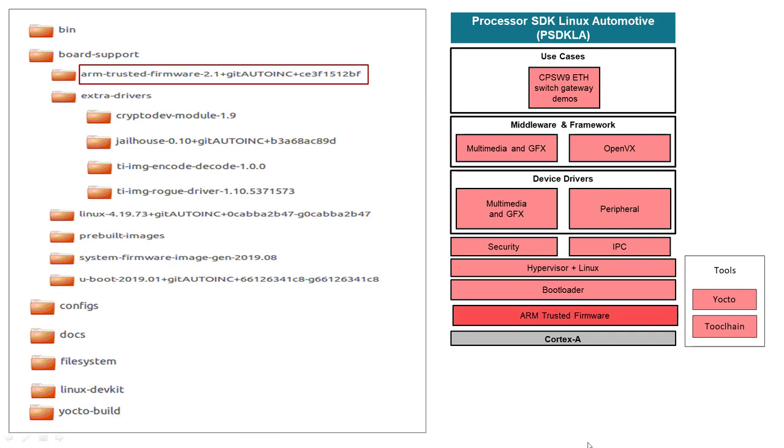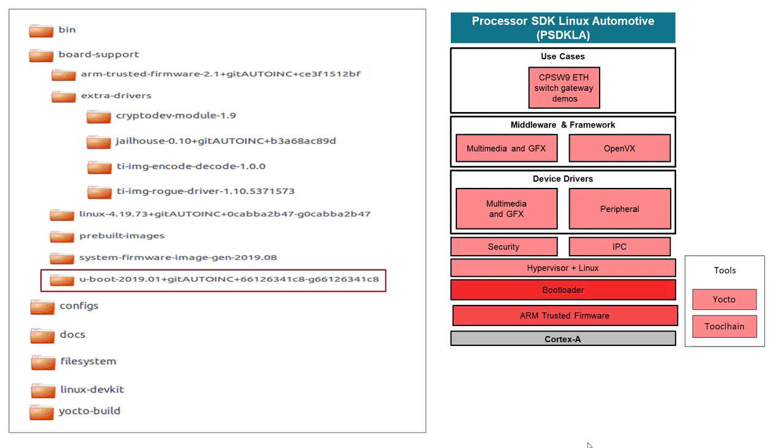At the bottommost layer, we have ATF or ARM Trusted Firmware, which is a port of ARM's community project. ATF provides a reference implementation for secure world software running on ARM v8 architectures. We then have the bootloader, U-Boot in this case. U-Boot supports a two-stage bootup process, a minimal first stage, followed by a more feature-rich second stage bootloader. U-Boot includes separate configurations for building each of the two stages. Normal development workflow will leverage both stages of the bootloader, while for a more optimized production boot flow, one or both stages could potentially be bypassed.